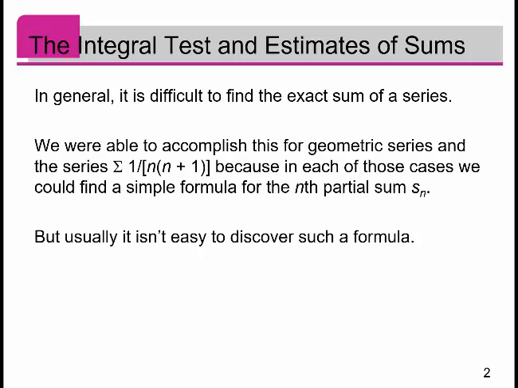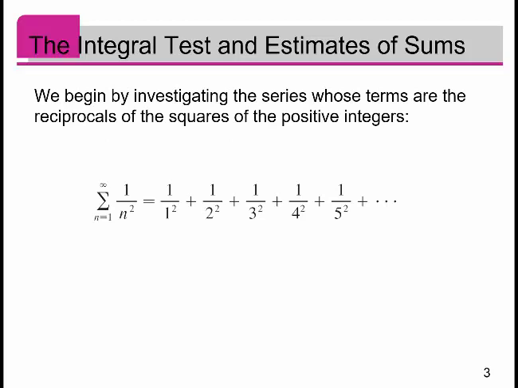But we were able to accomplish this for geometric series and the series when we looked at the summation of 1 over n times n plus 1, because in each of these cases we could find a simple formula for the nth partial sum s sub n. But usually it isn't easy to discover such a formula, as you've seen as you've tried to go through your own examples. All right, so let's begin by investigating the series whose terms are the reciprocals of the squares of the positive integers. Meaning we take